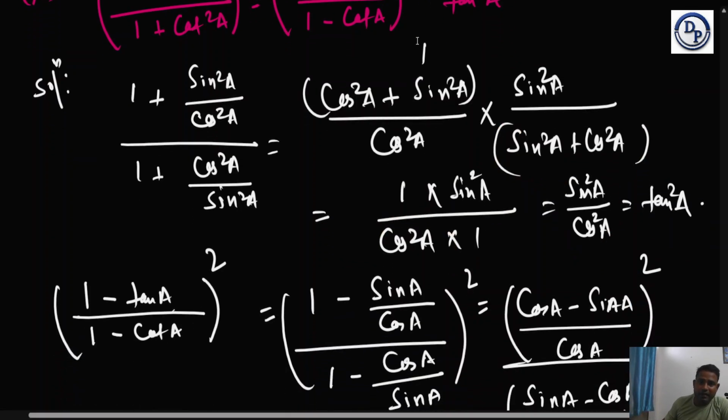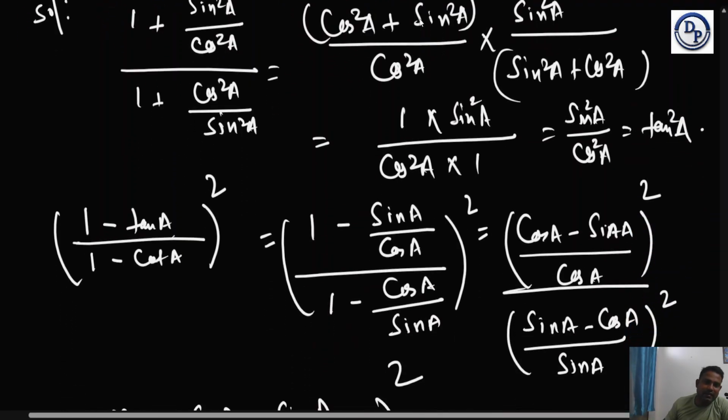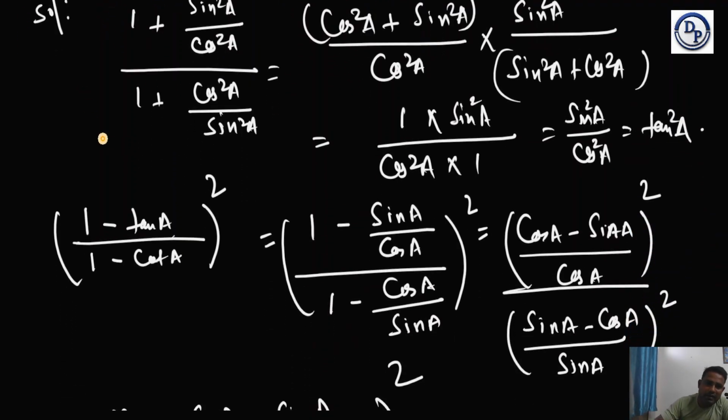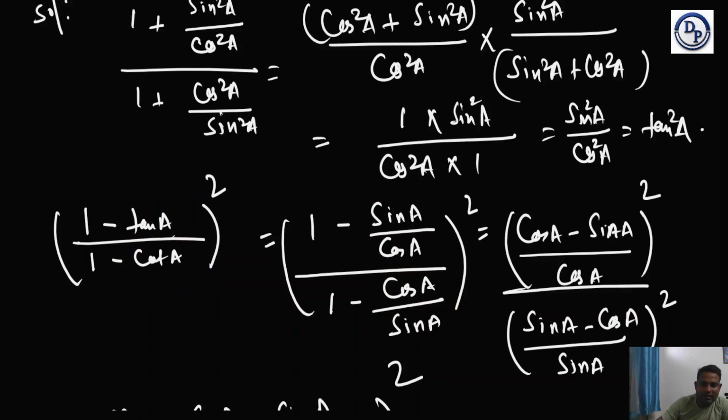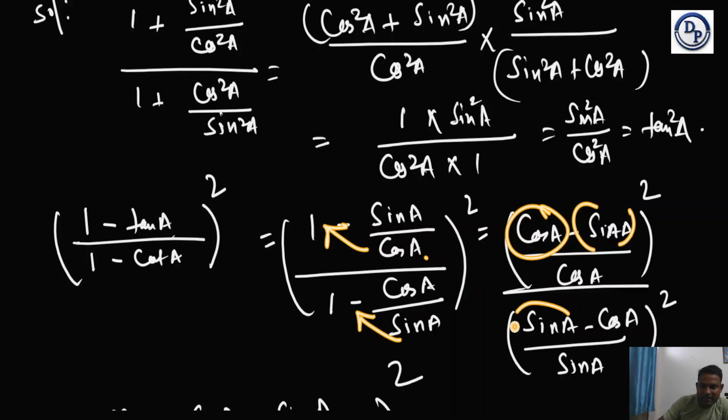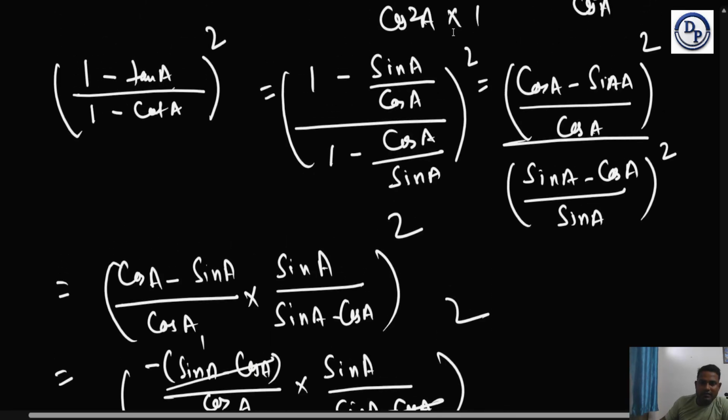Now take the middle term, that is (1 − tan A) divided by (1 − cot A). Similarly, again, I know tan A can be written as sin A by cos A. This is an identity, and cot A can be written as cos A divided by sin A. So (1 − sin A/cos A) divided by (1 − cos A/sin A). We took the LCM. LCM is cos A. This cos A goes here and makes it cos A − sin A, and cos A is there. Similarly, this sin A goes here. It becomes sin A − cos A and sin A. We took the square as it is listed here. Okay. Now next thing is that